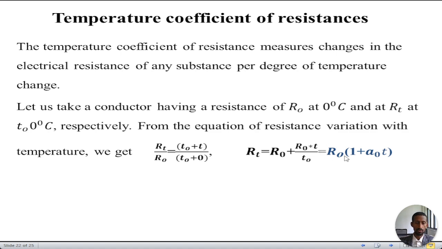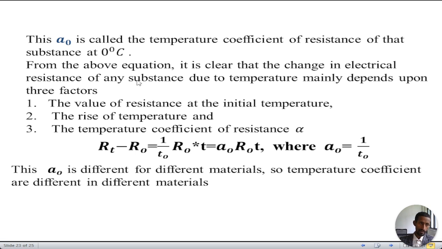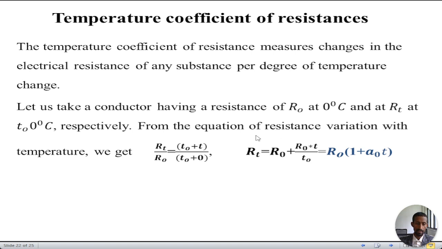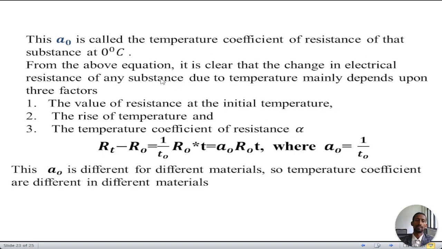Or which is equal to R naught times (1 plus alpha naught t). So this is what we call the temperature coefficient of a material. This alpha naught is called the temperature coefficient of resistance of that substance at 0 degrees centigrade. From the above equation, it is clear that the change in electrical resistance